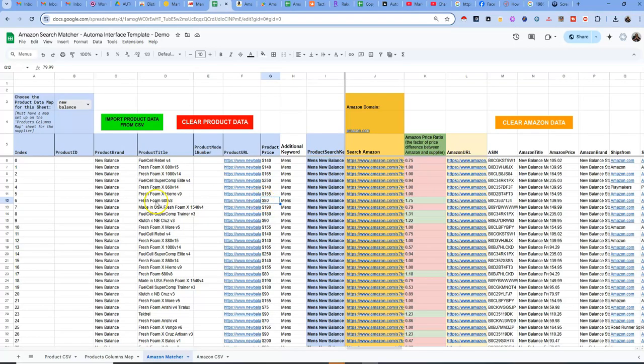So if we look here, we see this product is coming up. It's $80 on New Balance, and the match that it found on Amazon says that it has a price ratio of 1.75. So it's almost double the price. As we see, the price is $139.95. So this, what I'll do is I'll gravitate towards this, because the idea is that there are a lot